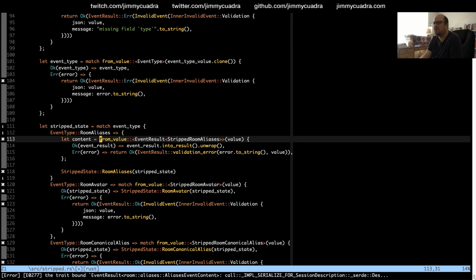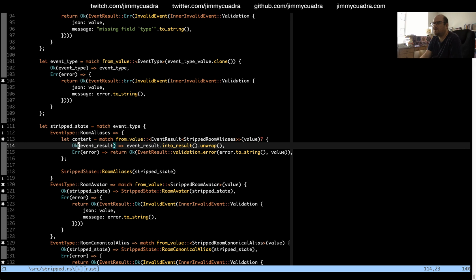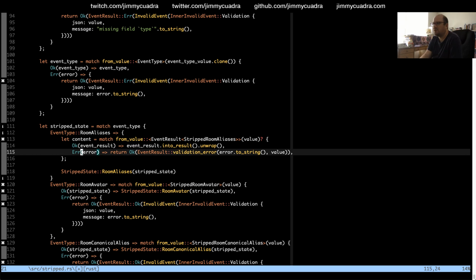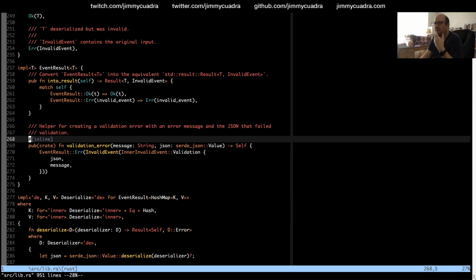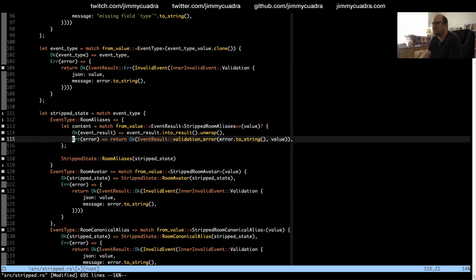So the content is still matching on this. If it's an okay event result, then we want the inner value. And if it's an error, couldn't we just return the error directly? Because the error will already be an event result.